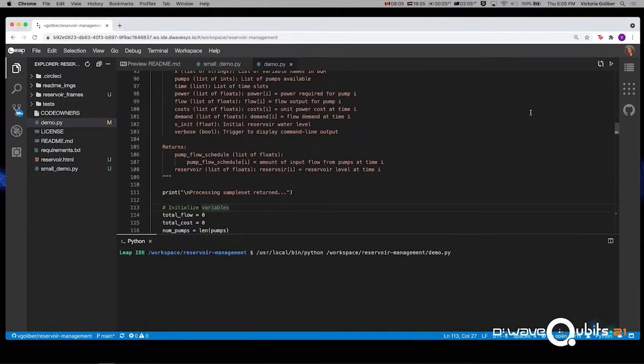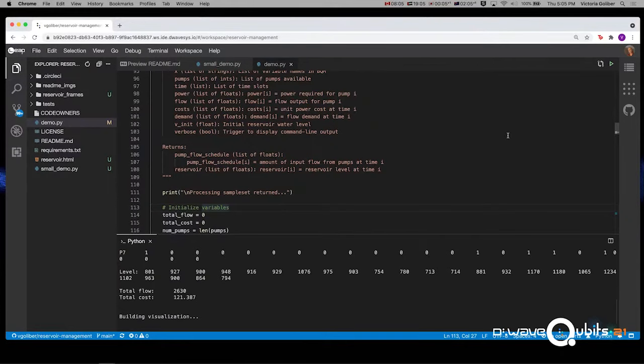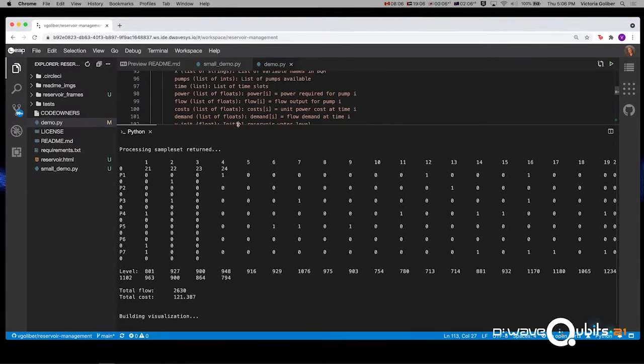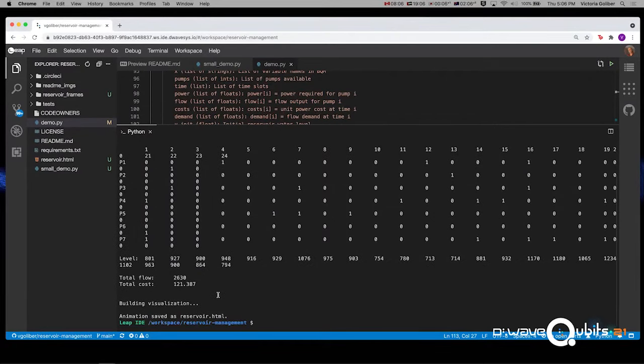This is going to run on our hybrid solver. It already built the binary quadratic model, and now it's running our hybrid solver to solve this scenario. Like I mentioned, there's a lot more time slots, so it's a little bit harder to read because I've zoomed in on my screen. But you get the same sort of printout, which tells you which pumps should run at which time of day. There are 24 different time slots. You can check the water levels at any given time slot to make sure they're within the allowed values. You can look at the total cost and the total flow.